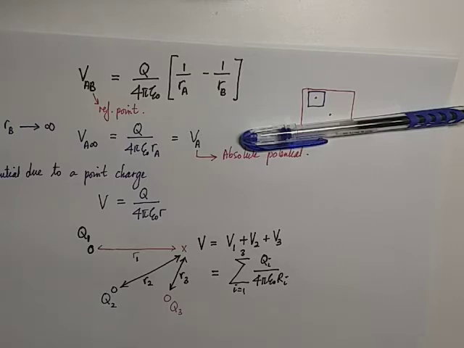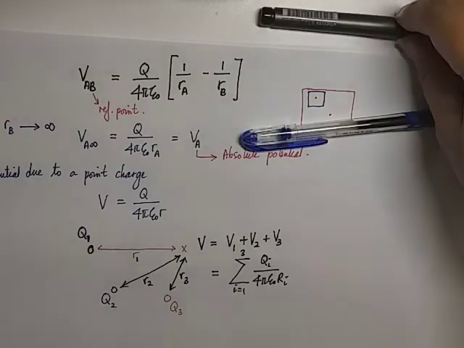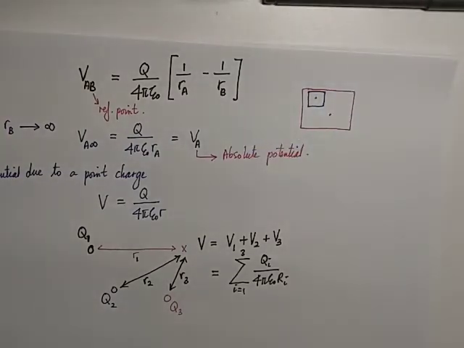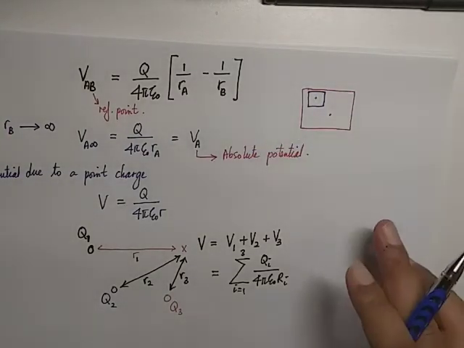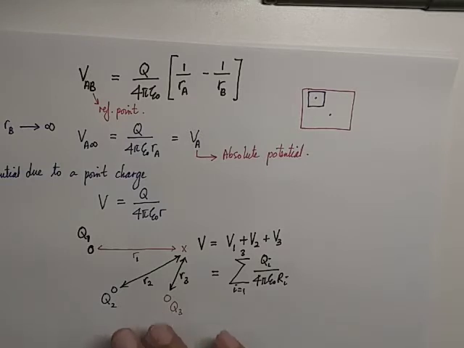Therefore, we expand the idea of one point charge into multiple point charges, yet the foundation, the equation, remains the same. Now, we know that our source not only consists of point charge,